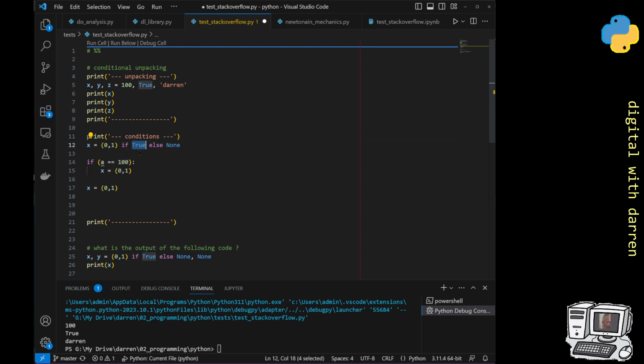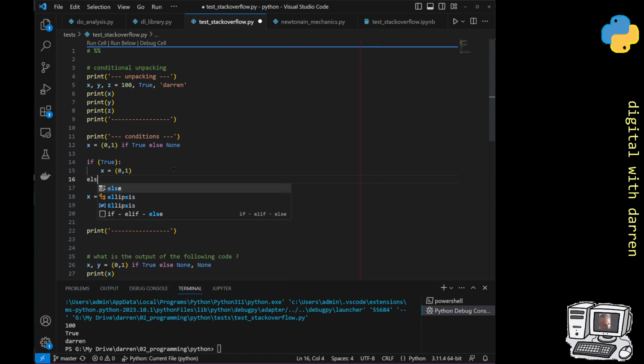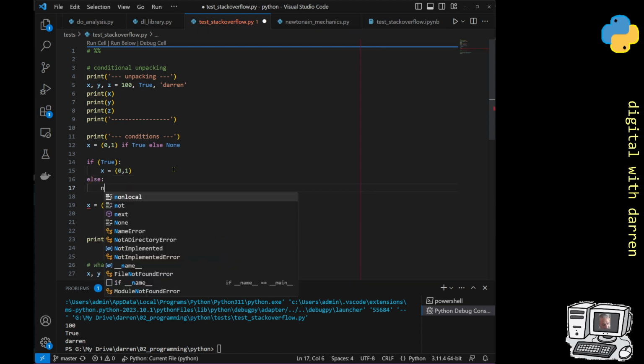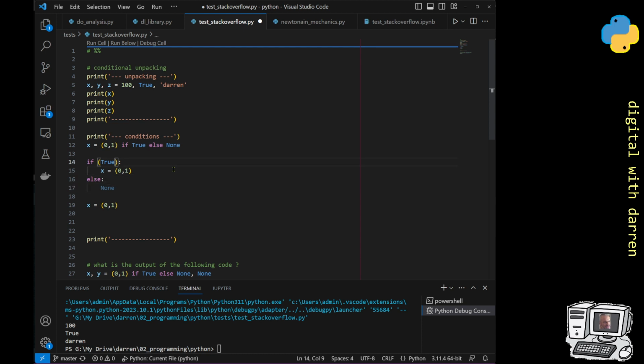Now, we're already told that this is true. So what we've got is an if true here. And then we've got an else none. This expression is always evaluating to true, so this else will never run. And in fact, the hint has already come. If you can see that this is slightly grayed out compared to this one, this is never reached. And in fact, it says it here in the linter. I just hovered over it and it says code is unreachable. So the reason the code is unreachable is because this if true condition is always satisfied,